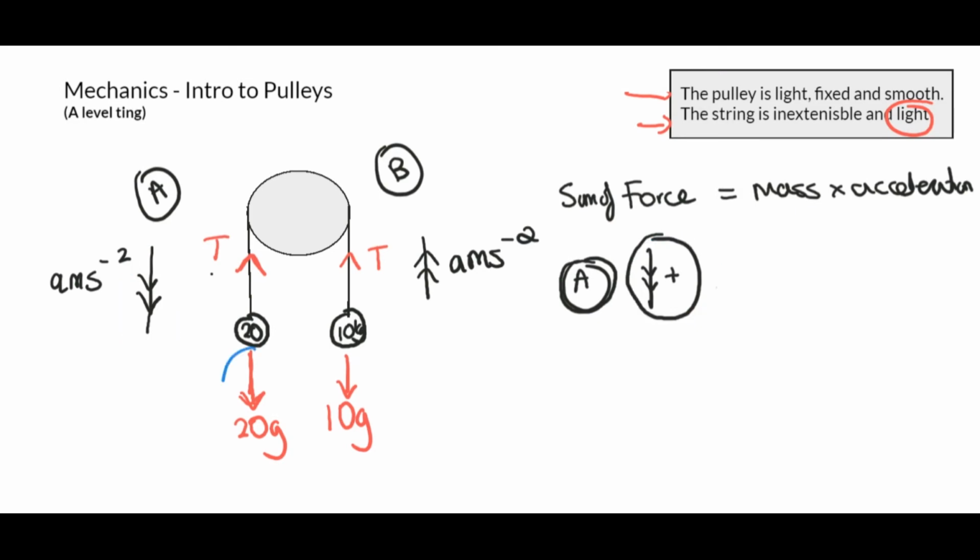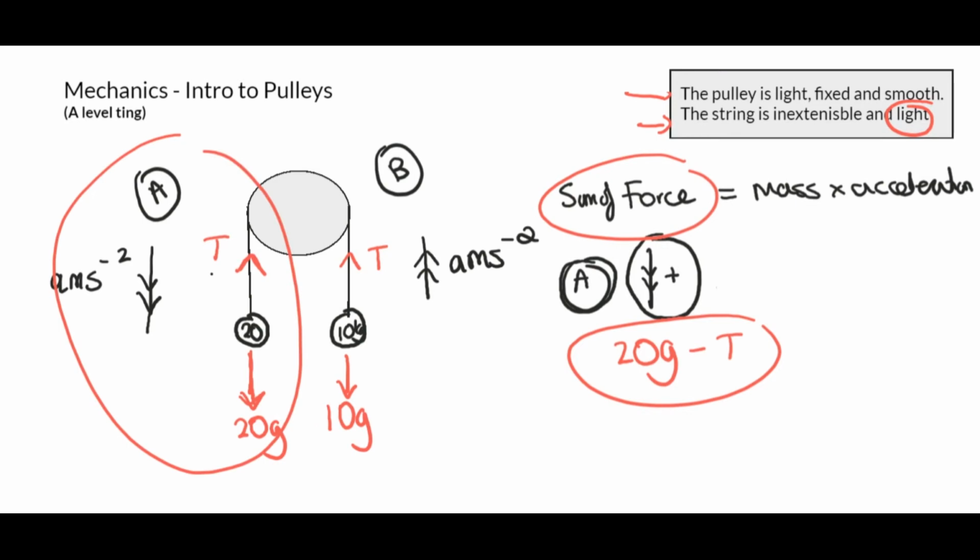So, therefore, this 20g is going down. Therefore, that 20g is positive. So, man's going to put 20g here. However, yeah, man said that down is positive, but this T is going up. So it's opposing our positive. So therefore T is negative. You get me? 20g is going down, 20g is positive. T is going up, T is negative. You get me? So what I'm going to do, I'm going to put minus T. Okay? So this was the sum of the forces only for A. Only for this half of this thing here.